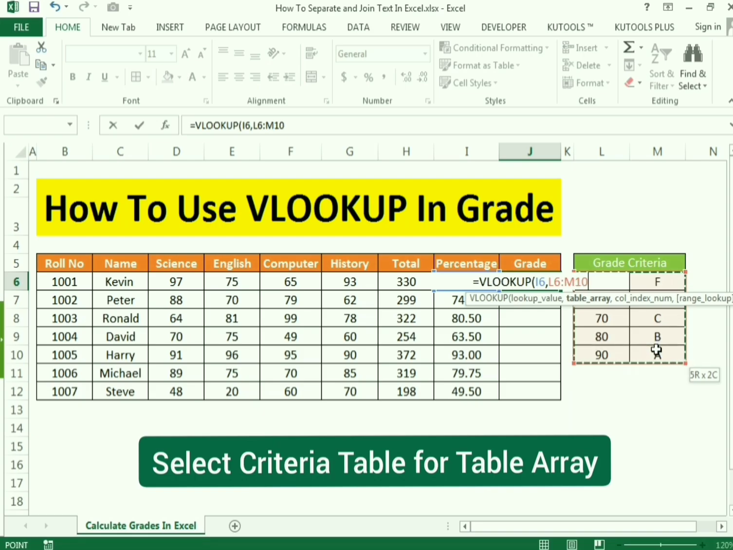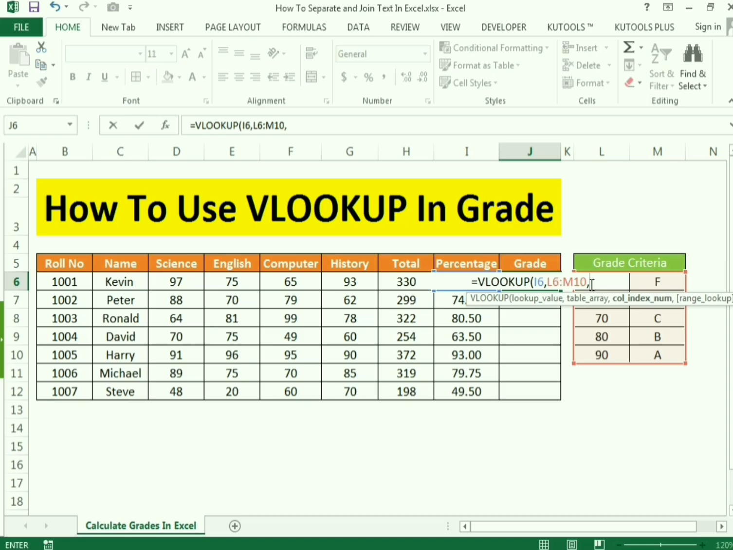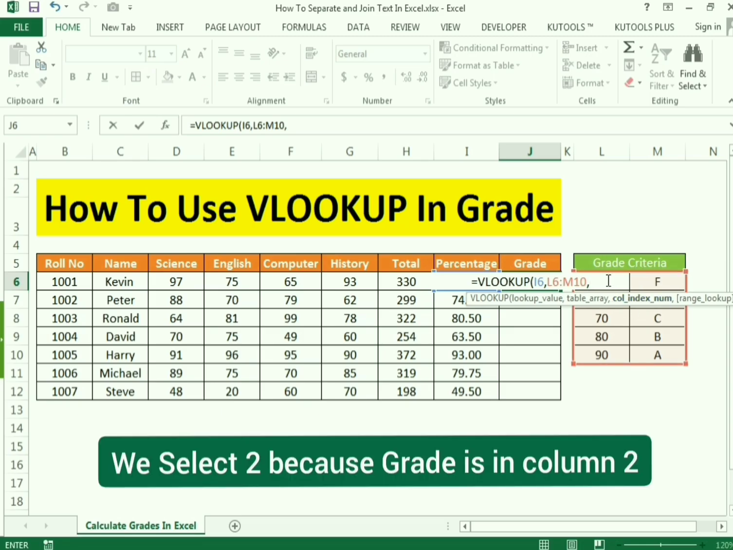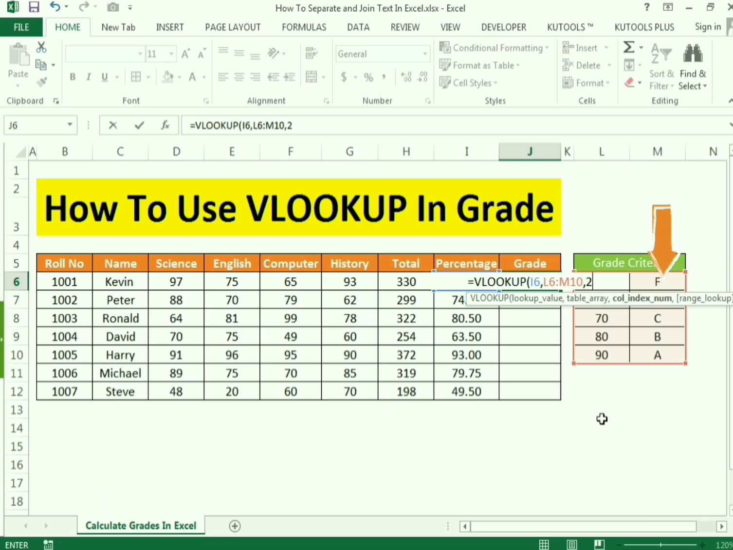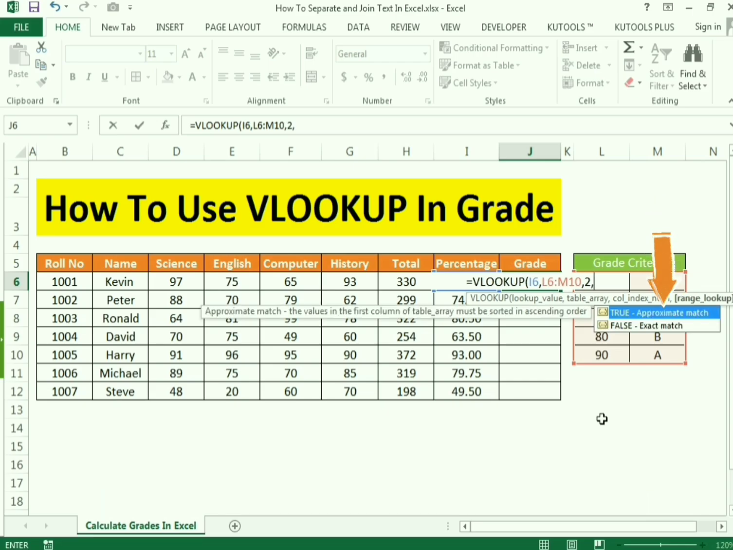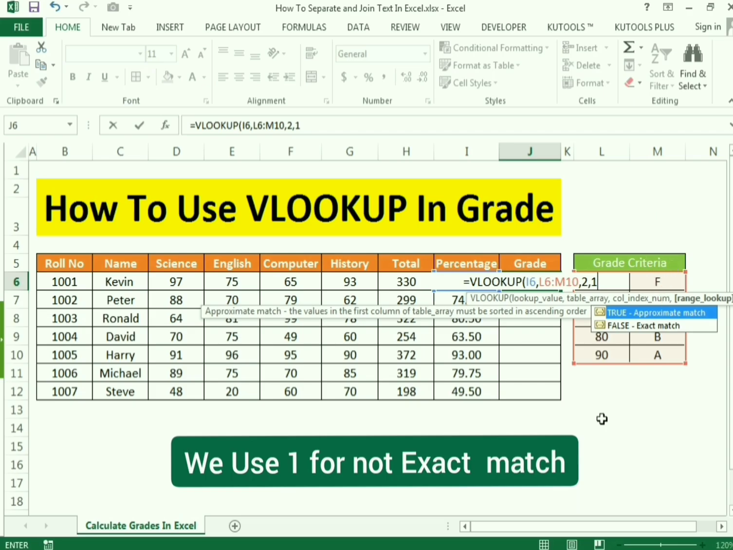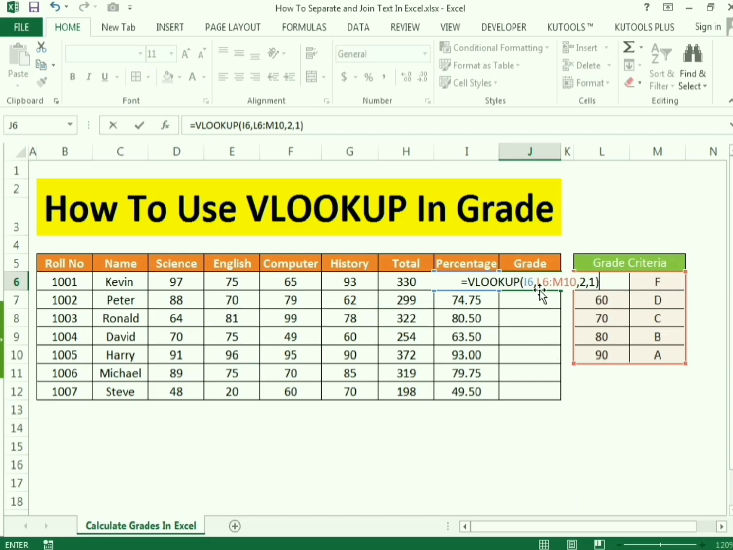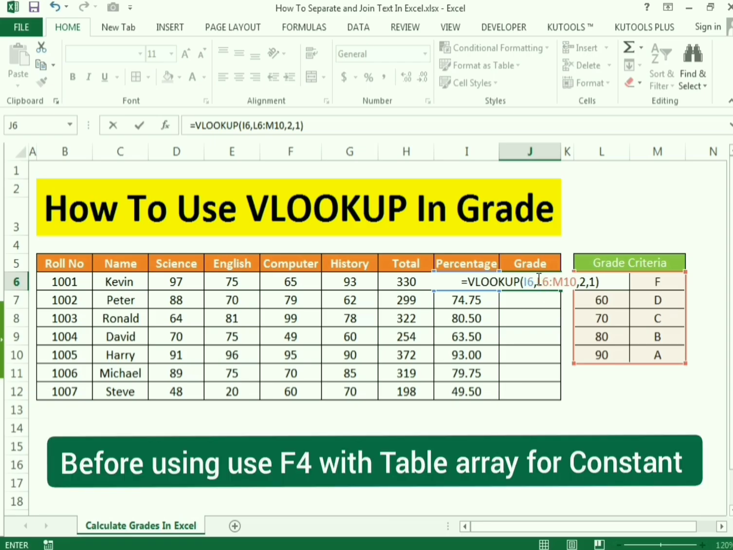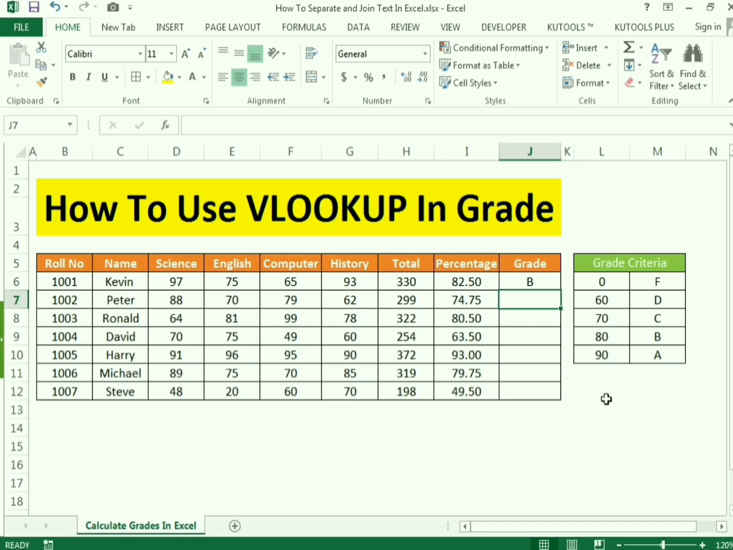So this is second. We need the grade, and the grade is in the second column, so we write 2, and after it we write 1 for the criteria match. Then we close the bracket, and this is how we have completed. But before that we need to make the table array constant by pressing F4, then enter,